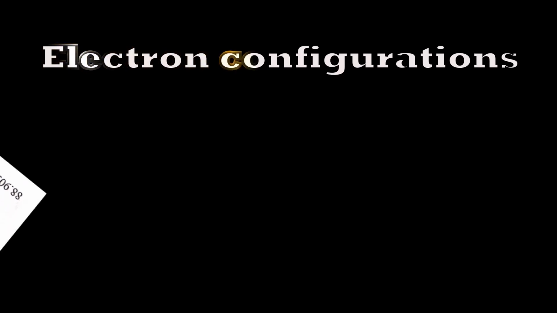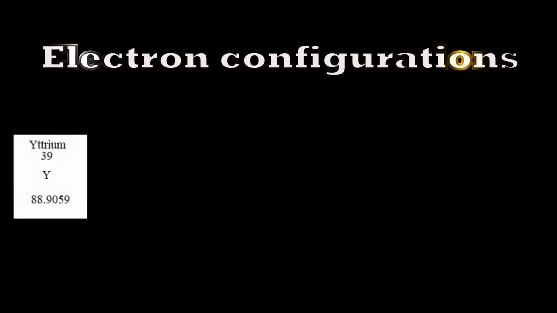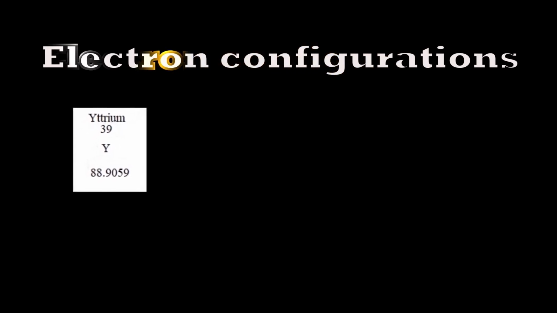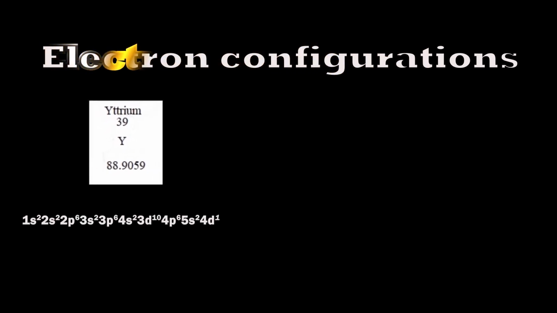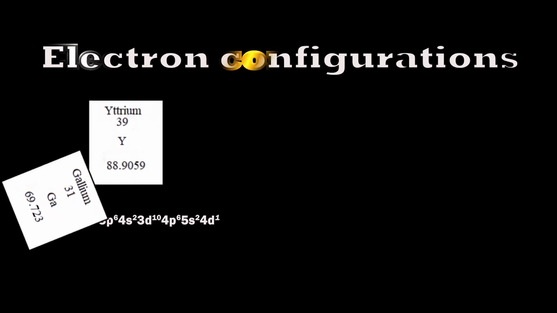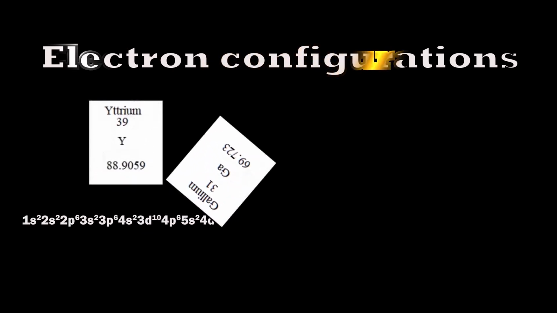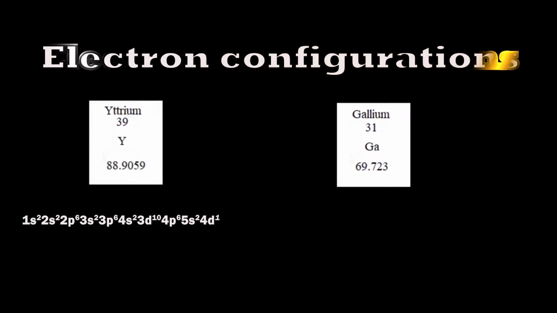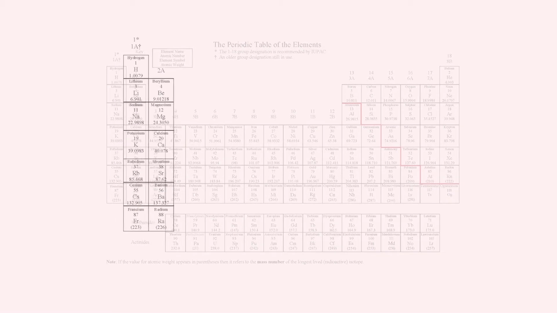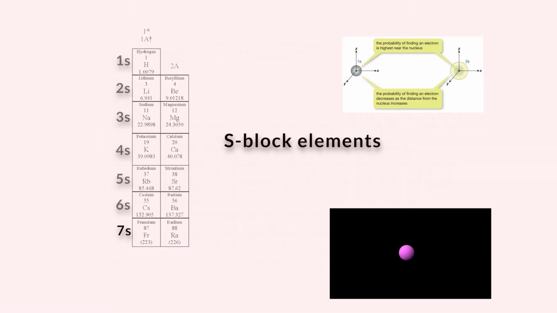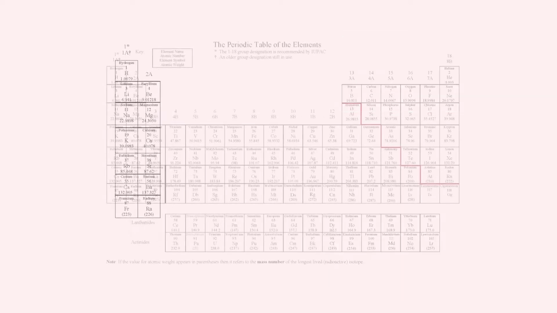You may or may not remember how to write the electron configuration of any element or any ion using the S, P, D, and F orbitals. Here is an example. I will show you later how to write this in a much quicker way. The first two groups are called the S block. The S orbital has the shape of a sphere with the probability of finding electrons very high inside the sphere.